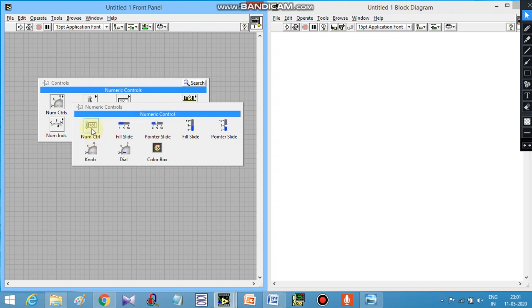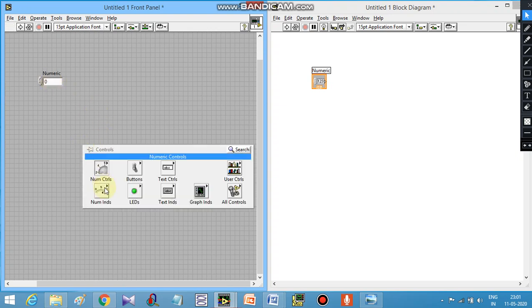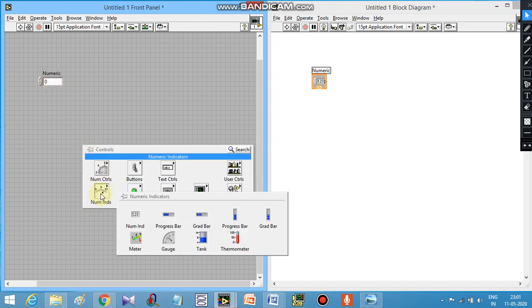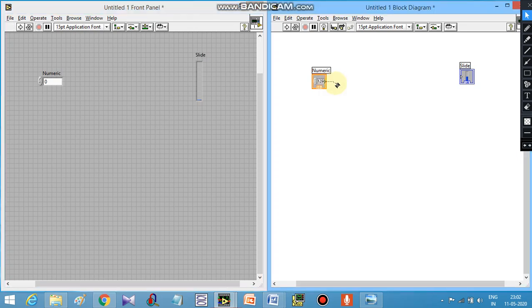Control means this is input, and output means indicator. So let us select one of the indicators, this progress bar here. Then in this block diagram, if I come to this point, it will start blinking. Press the left button of the mouse and drag this to this. Now the output from this has been connected to the input of this.